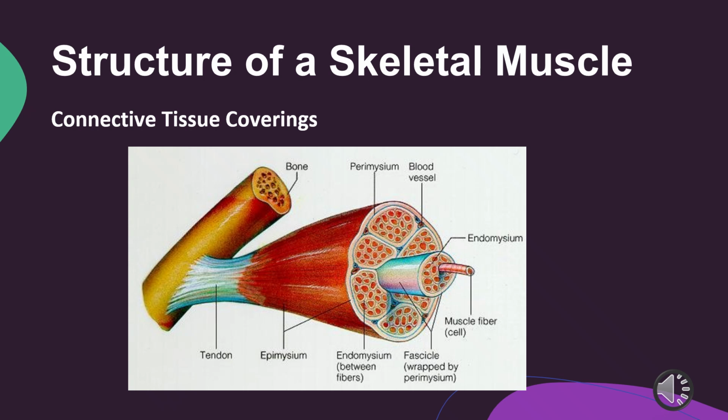And what else do we see on this slide? Well, if we look at it from the outside in, the organizational structure, we see the whole muscle, the fascicles, to individual fibers with connective tissue supporting and connecting each of those levels. And this organization is what allows muscles to generate powerful, precise, coordinated movements, whether you're sprinting or typing on